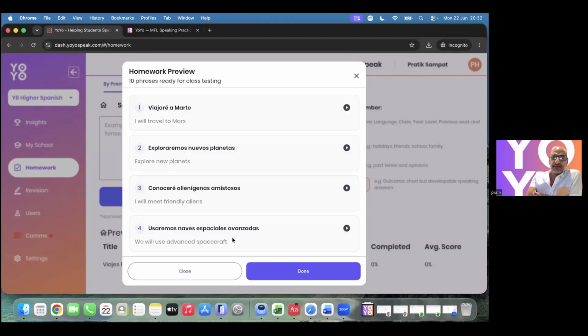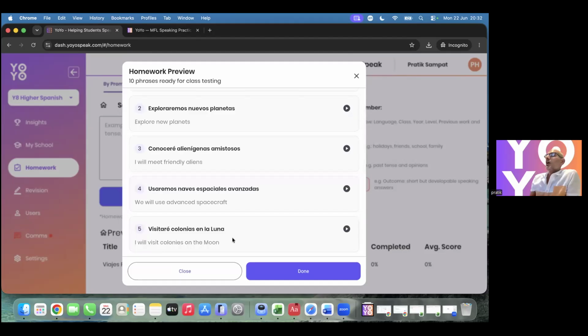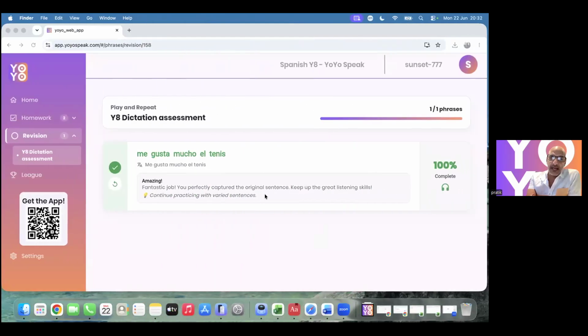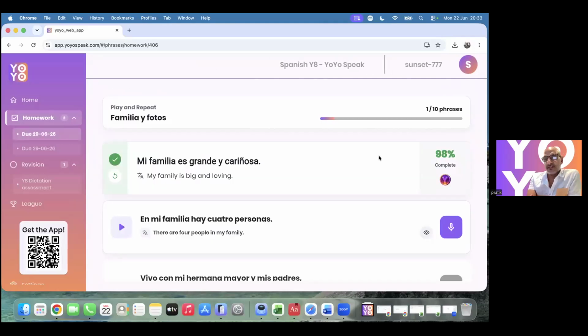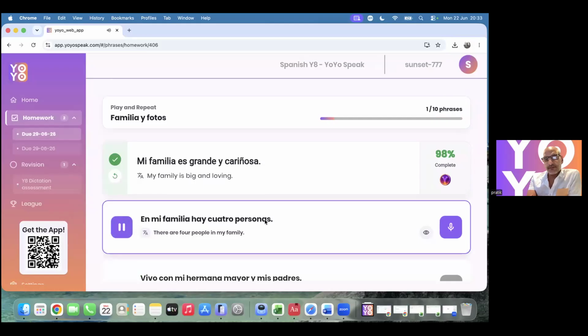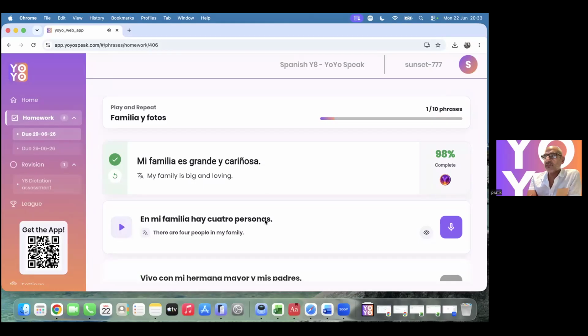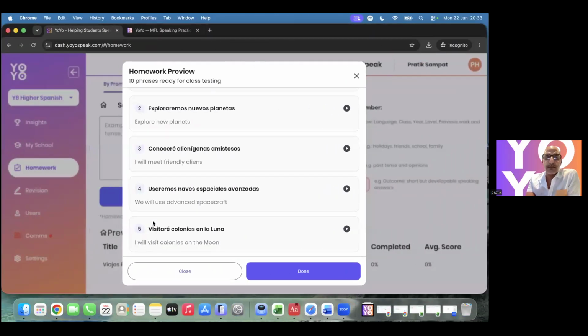So is that something that the student could choose, or is that something that the teacher could choose for them? It wouldn't be set by the teacher. If it happened, it would happen here at the student level. So if a student was going in and hearing "En mi familia hay 4 personas," we've sort of defaulted this as slightly slower than standard speaking. But if we had a speed option, it would be at the individual student level, phrase level, because what happens at a class level happens for everyone in that class.